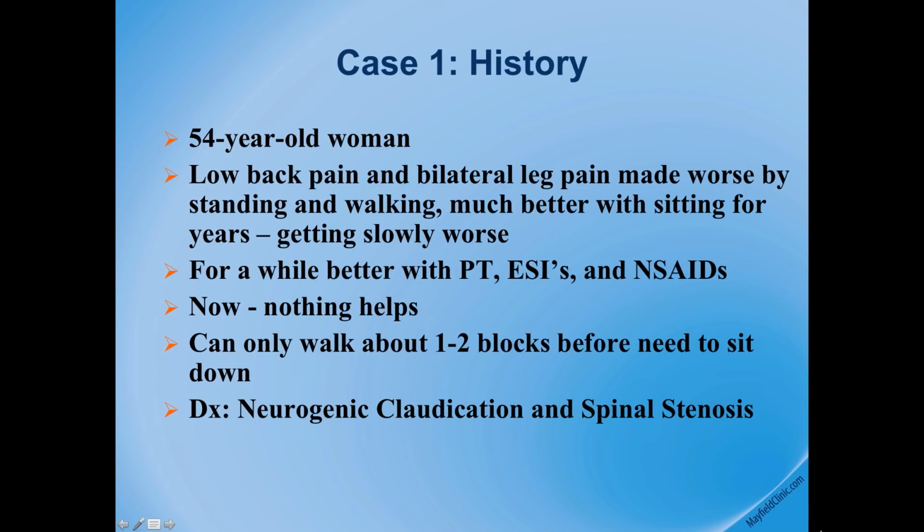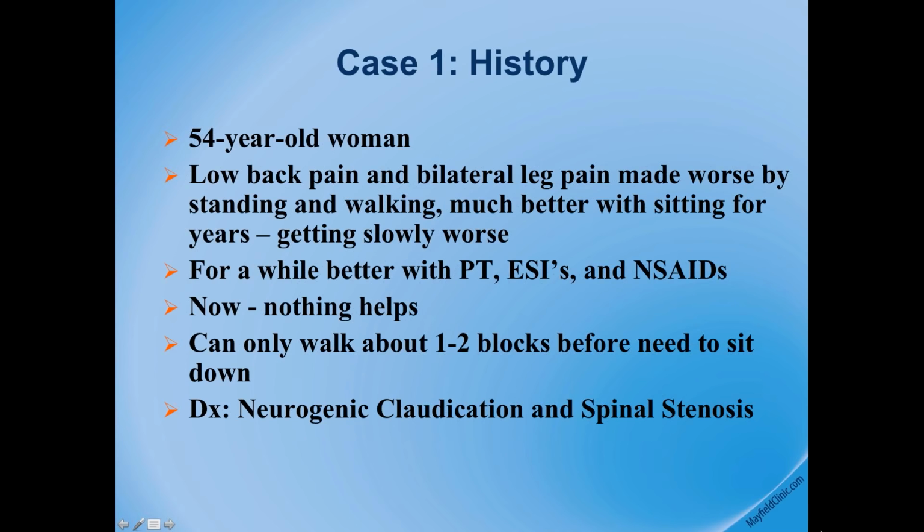So our first patient is a 54-year-old woman. She's had low back and low bilateral leg pain, which is her both legs have pain in them. That's worse with standing and walking. Her pain is alleviated when she sits, and this has been going on for years, but has been slowly getting